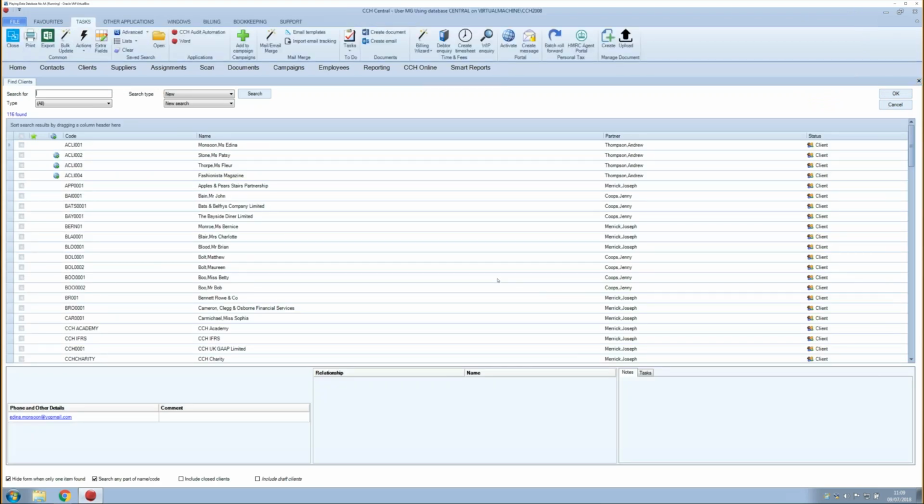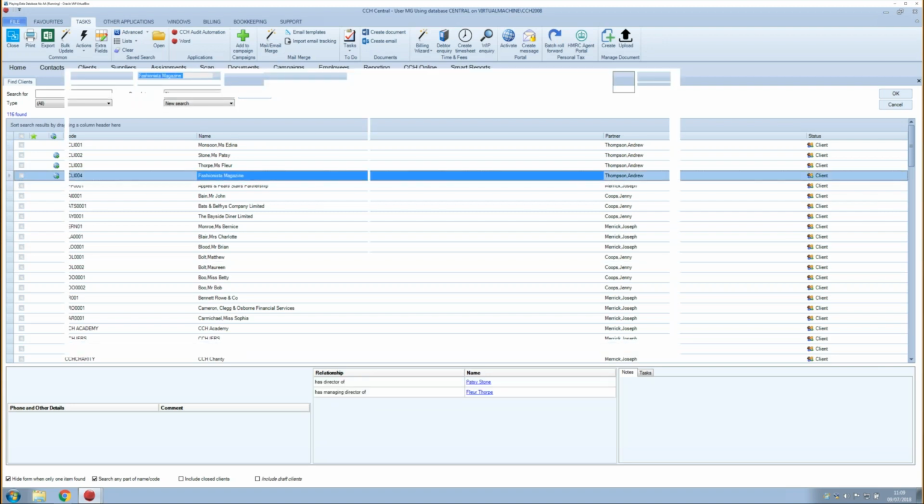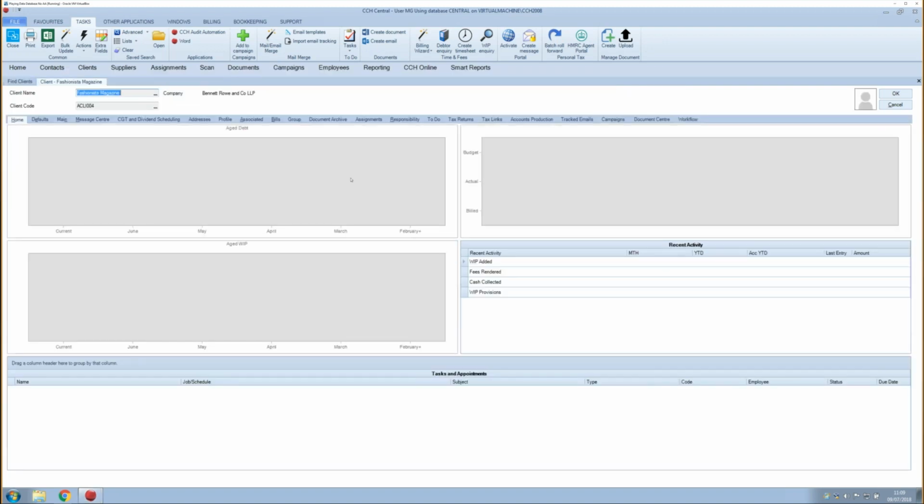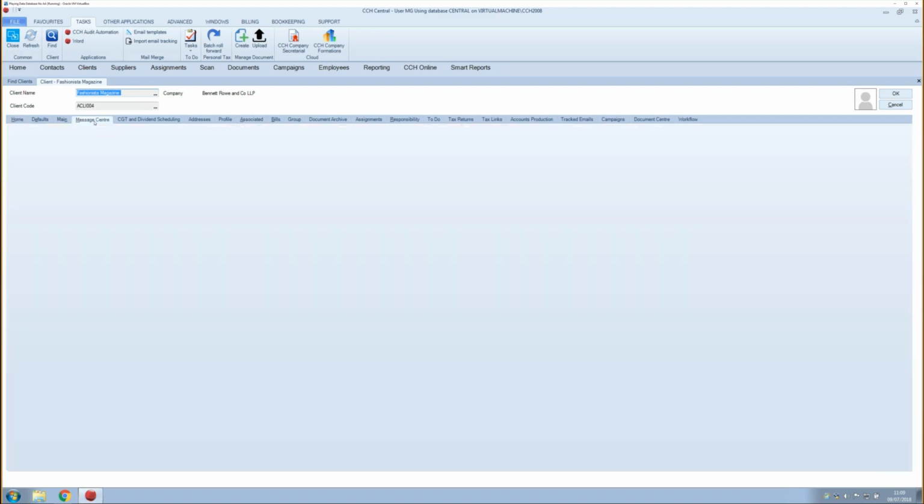The next question that comes up quite a lot is how can you send a document through Portal for approval? Now the answer is there are many ways that you can do this. The first one I'm going to show you is very basic from within the message center. So if I open up my client Fashionista magazine here and I go to their message center,